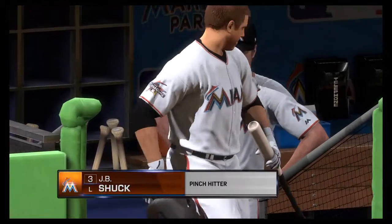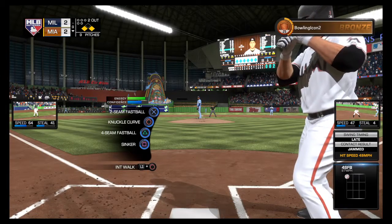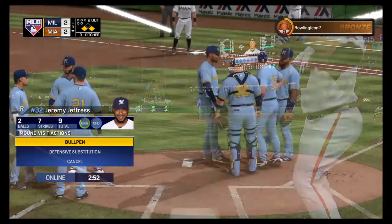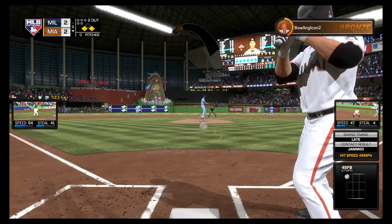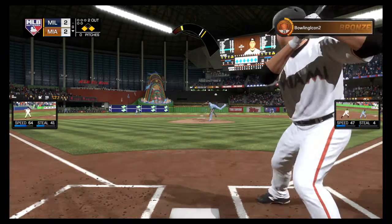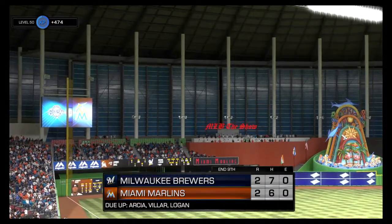Lewis Brinson, J.B. Shuck will be called upon here to hit with the game on the line. Now action in the bullpen as their closer starts to get loose out there. Now time is called here as we'll get a trip to the mound. Boone Logan takes the ball, needing to get the final out of the ninth to send this one to extra innings. Here's a high pop-up. Shaw is there, and he puts this one away for the third out. So a great job there of working out a